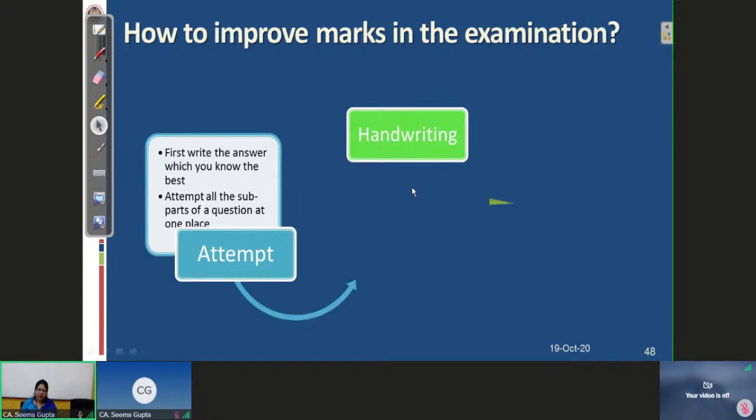Handwriting. Legible handwriting should be used in the examination answer sheet. If the handwriting is very bad, then I think nobody will be able to understand what you have written. Whenever you attempt the answers in the examination, think from that particular angle: if you were the examiner, what type of marks you would allot for the work done by you. Imagine yourself in that situation. I think you would be the better judge.